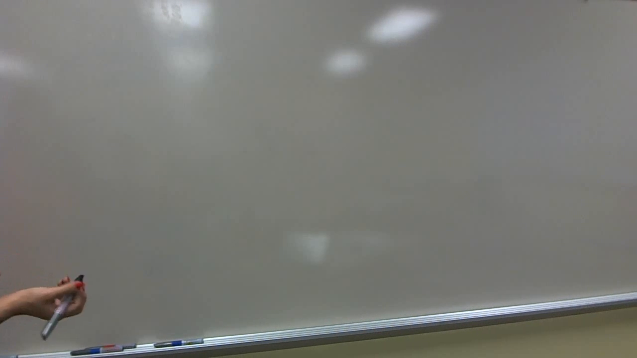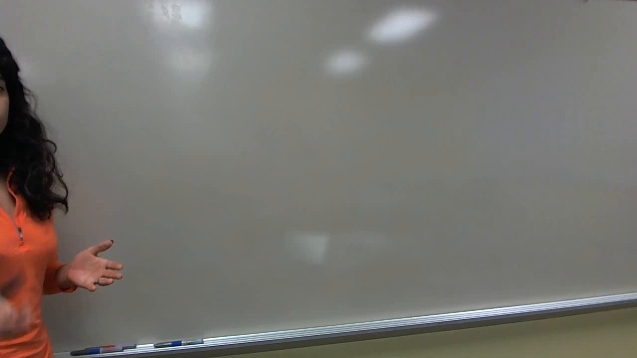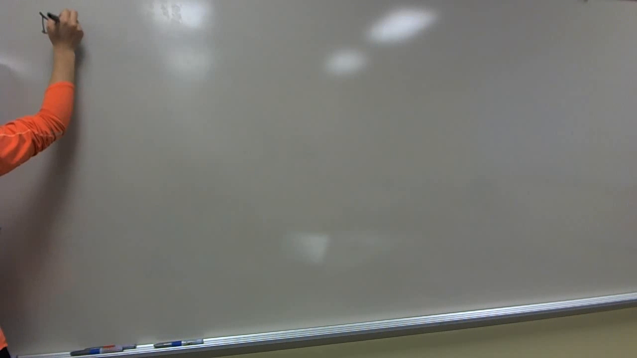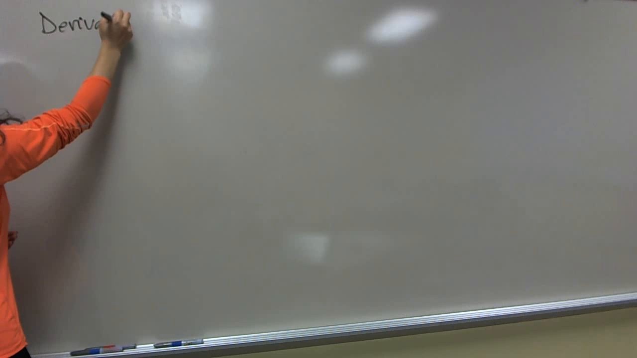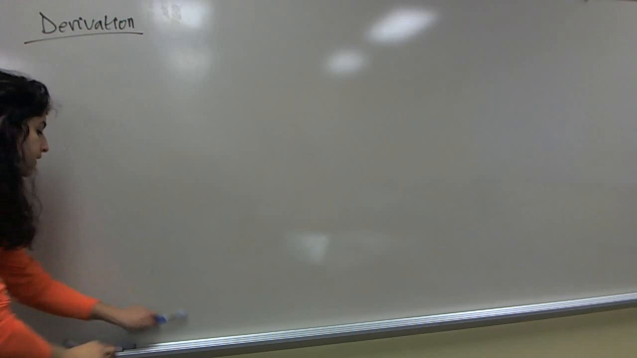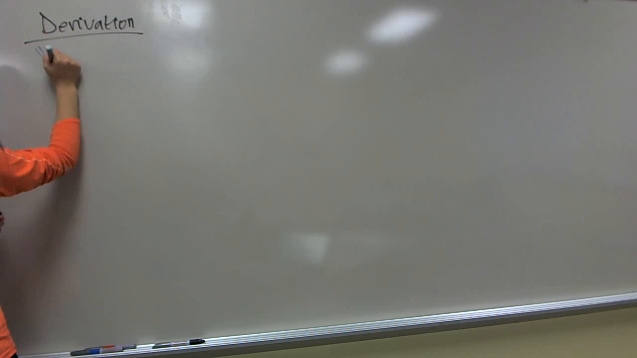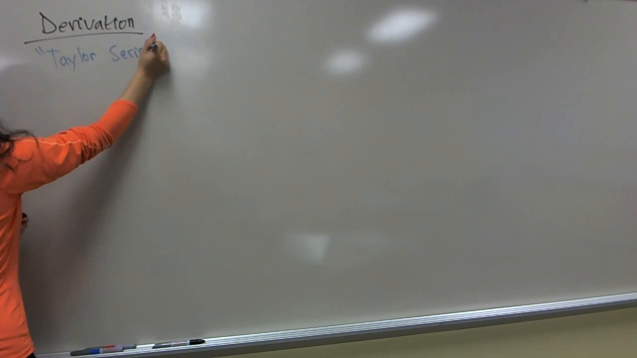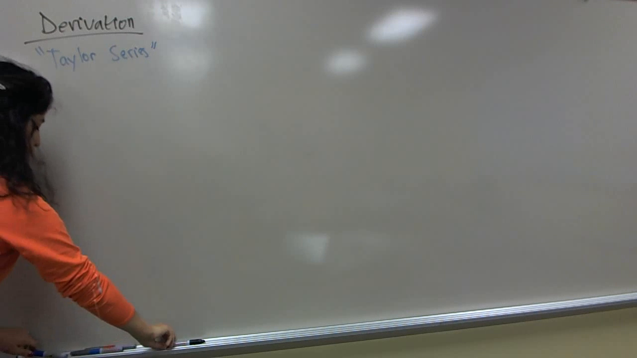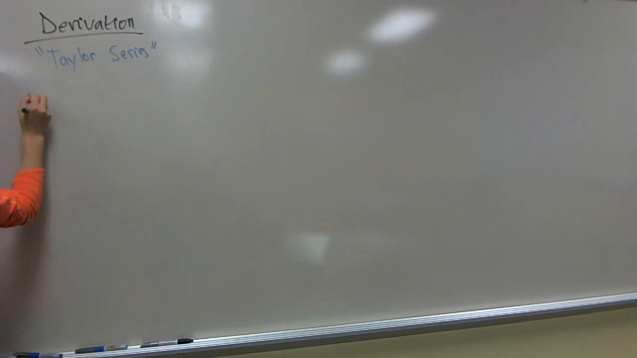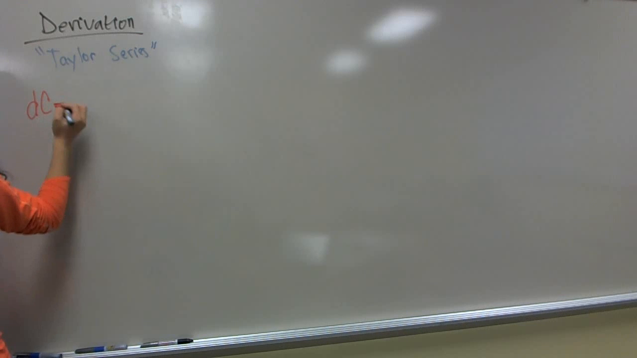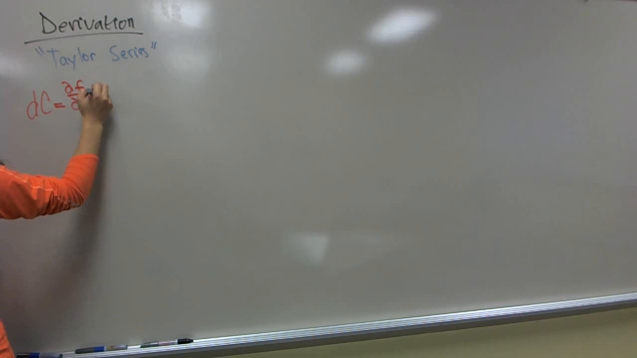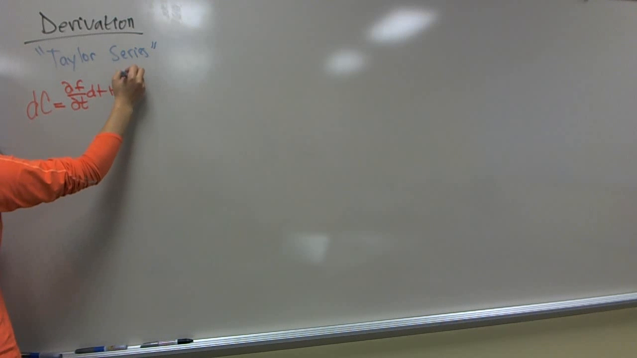Okay, so since we now have P and Q in terms of A and B, we can start deriving. And we're going to do this by using Taylor's series. So doing that, we find that dC is equal to ∂F/∂T dt plus ∂F